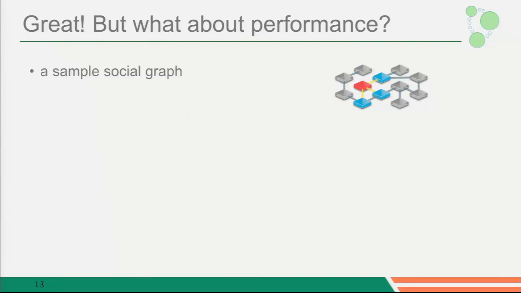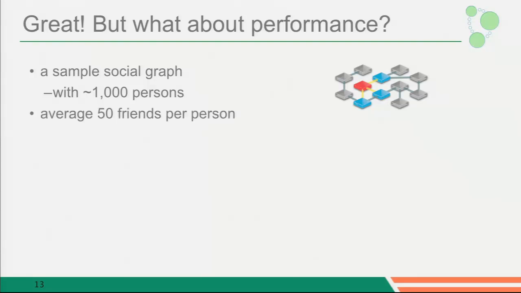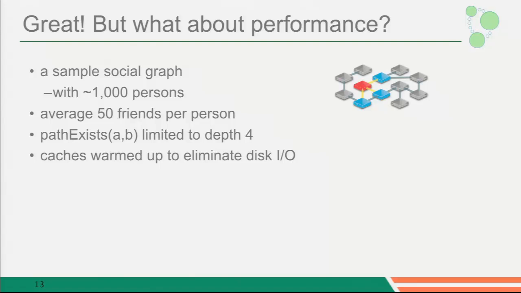And the scenario that they gave us was the following. Create a social graph with exactly 1,000 people. Construct 50 average friends per person. So with 1,000 people, that's 25,000 total connections between those people. Grab 2 people at random and check if they're connected. Limit it to depth 4 because otherwise, Kevin Bacon, everyone is going to know everyone. Warm up caches because we want the overhead of the model not going to and from disk. And then look at the numbers for this.